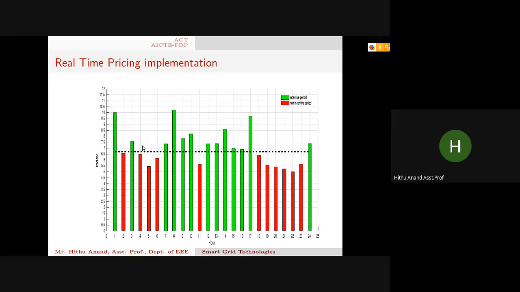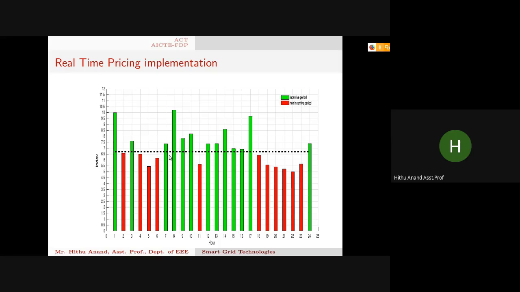So those time periods are identified. That means all this green indicates the incentive periods. So the consumers are given some incentive, that is a percentage of benefit from the renewable energy sources. That is the real-time pricing that we have proposed. It happened to be very advantageous because it can actually reduce the peak. That is, if you say there is some peak demand and you want to have a control, it is possible by this real-time pricing strategy.